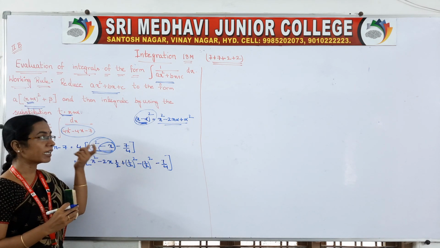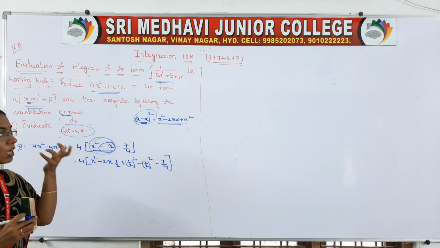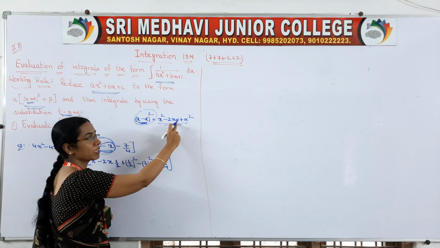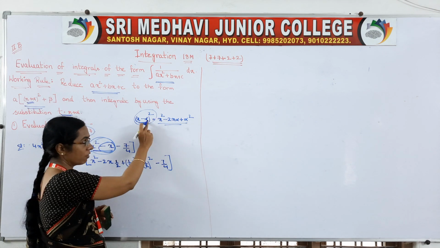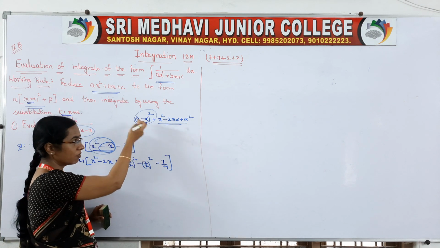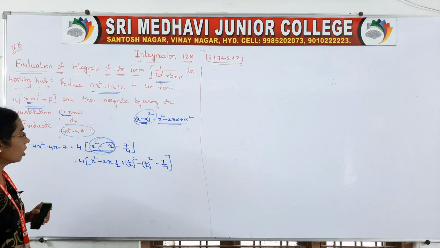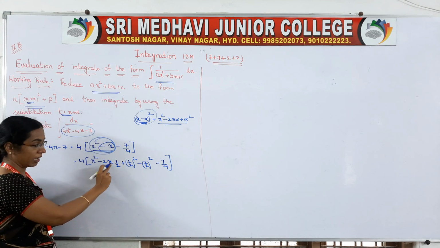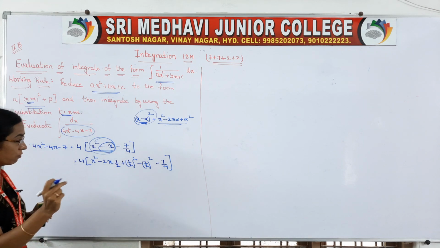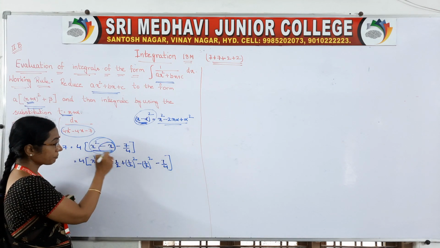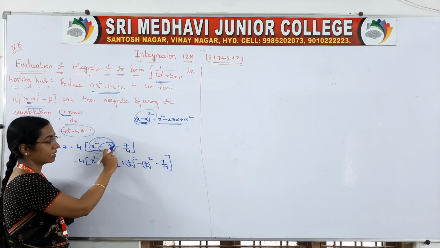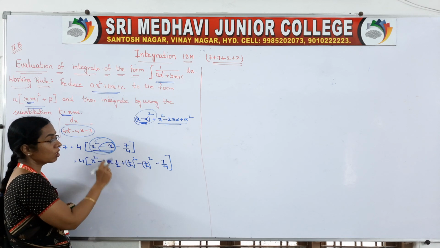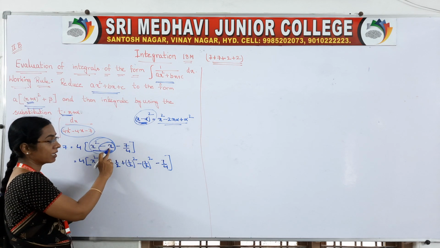We want to write in the form of x minus alpha whole square. So that means it should be x square minus 2x alpha plus alpha square. Alpha can be any value. In general we have taken alpha. So how can we write x square? Okay, we are having minus 2x. Now we have to decide our alpha. How will we decide? Here we are having minus x, right? But already I have taken minus 2x. So at the end it should be minus x only.